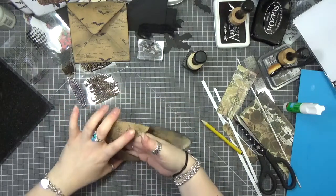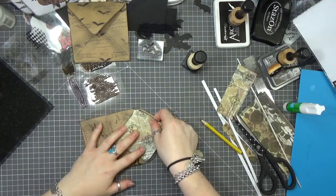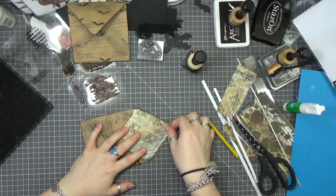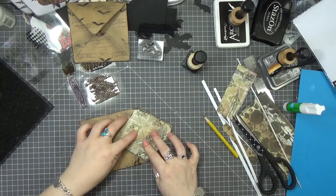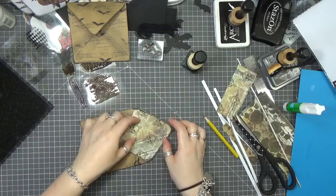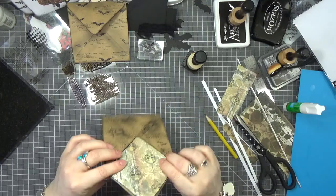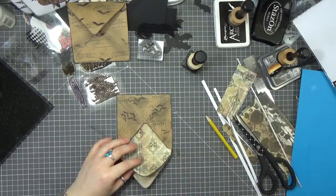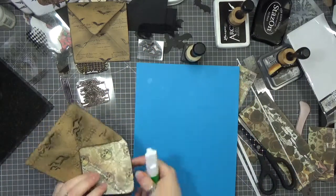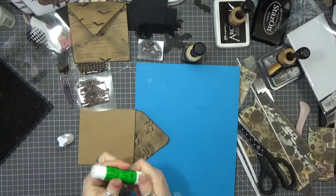Why are you not going in now? I think these things hate me. It's so fiddly when you're trying to film. Okay, I think, yeah, I think I'm just going to glue that bit. And the other thing that I didn't do on the other one was score it, but I think I'm going to score it after I've glued it again. So get me a bit of scrap card, glue stick,